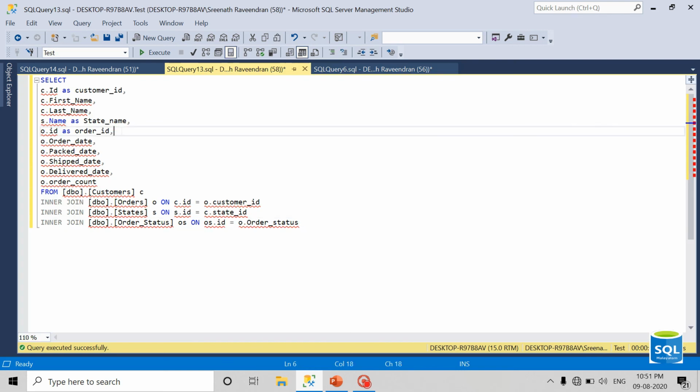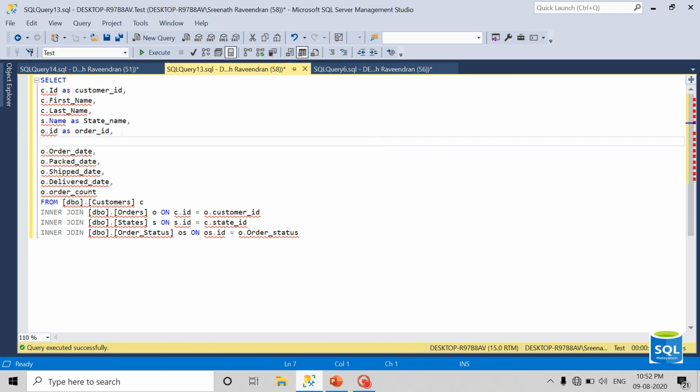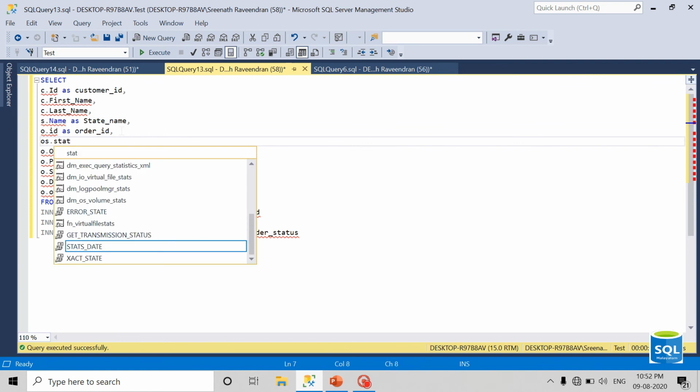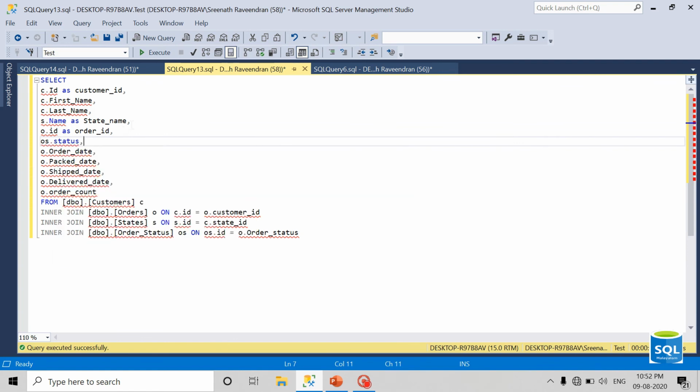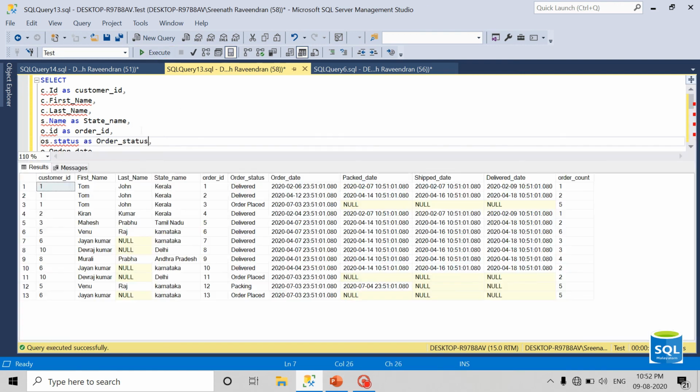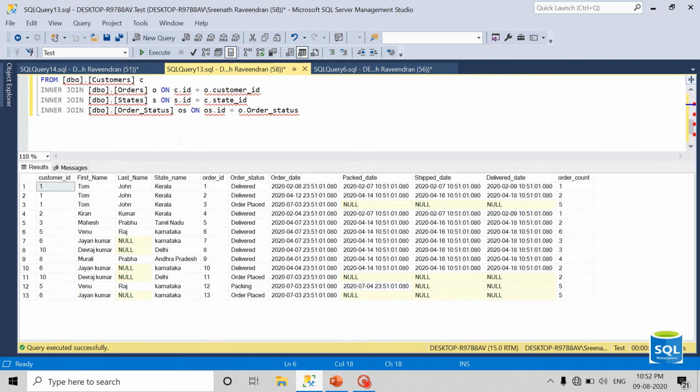So after the order ID, I am selecting the status of that particular order as order status. If I execute this, yeah, now I am joining customer, order, state, and order status. So I can see the order status, the last column which we used with the inner join. This is the concept of inner join: the common or matching records from the tables will be selected in the query.